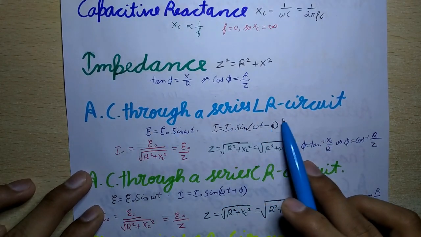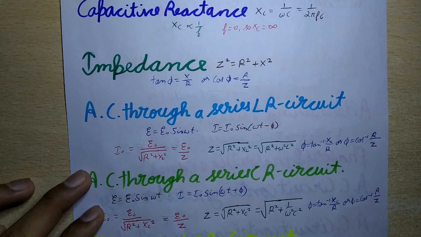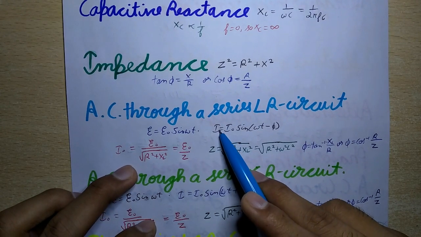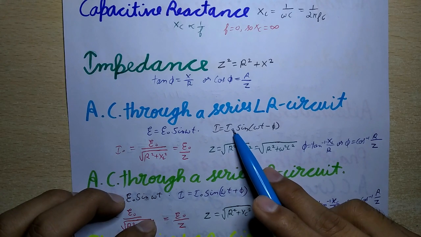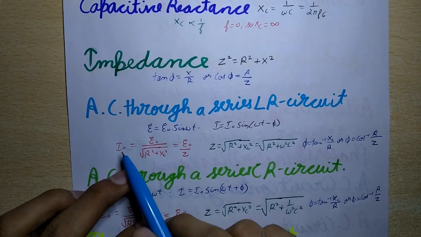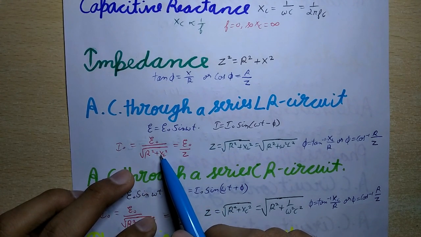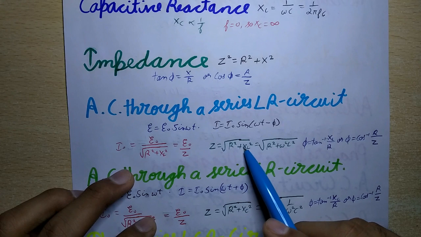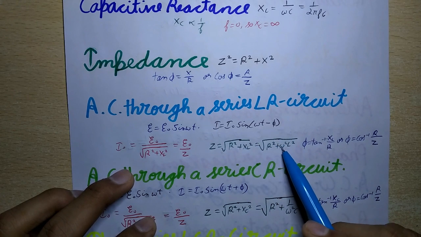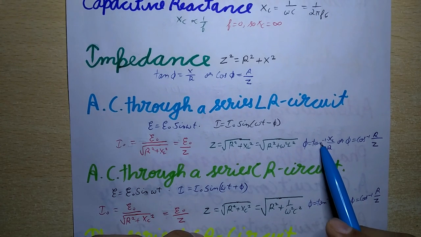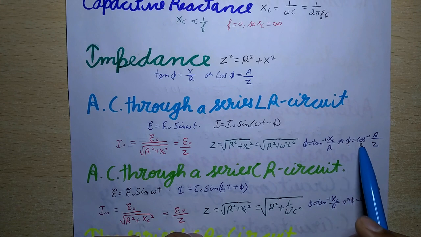Now next is AC through a series LR circuit. The alternating voltage leads the current by a phase angle φ. So instantaneous voltage is E = E₀ sin ωt, and the expression for instantaneous current is I = I₀ sin(ωt − φ). The peak current I₀ = E₀/√(R² + XL²) = E₀/Z. And now impedance Z = √(R² + XL²) = √(R² + ω²L²). Now the phase angle is φ = tan⁻¹(XL/R)